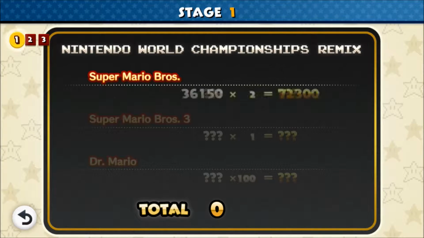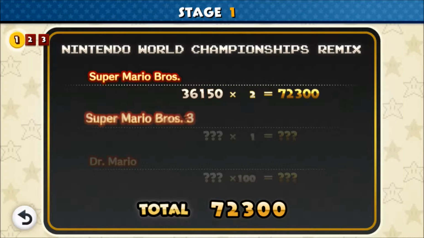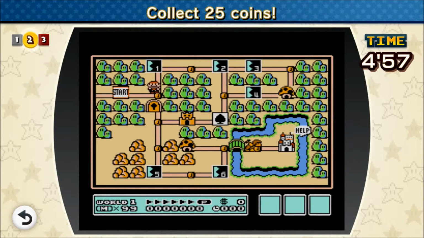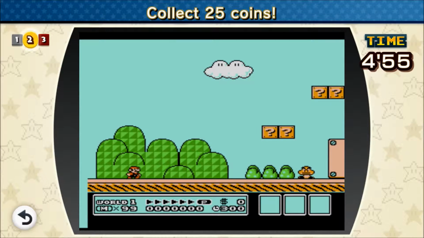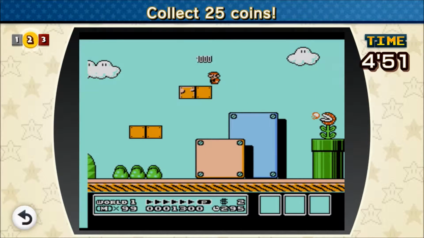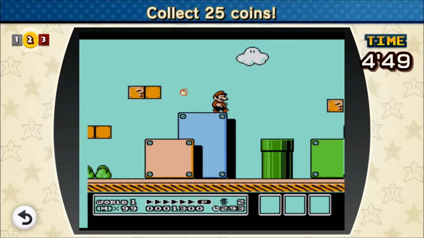After you complete the first challenge, you can see the other two coming up. There's the Super Mario Bros. 3 one with a ×1 multiplier, and Dr. Mario 1 is a 100 times multiplier. The Super Mario Bros. 3 one. By the way, here's the overworld. It's a nice little map. Pretty cool, huh? Okay, the quick way to get through this one,